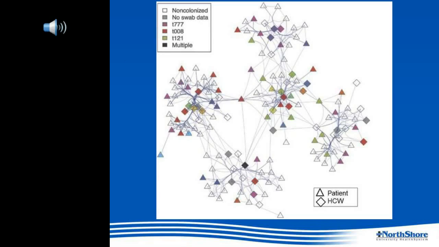And there's an example of this on this graph from the paper. What you're looking at here, the diamonds represent patients, the triangles healthcare workers, and then the different colors inside each of them are a given clone or non-colonized patients. And if you trace the healthcare movement around, you can see that healthcare workers are very efficient at picking up MRSA from colonized patients and even transiently colonizing other healthcare workers and then spreading clones throughout an entire healthcare hospital, or this happened to be a nursing home.